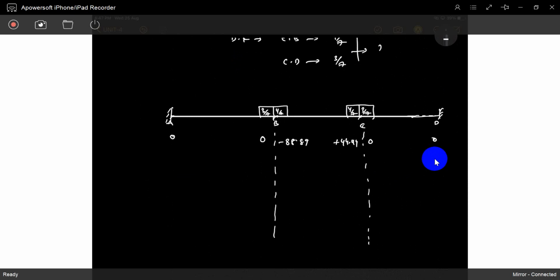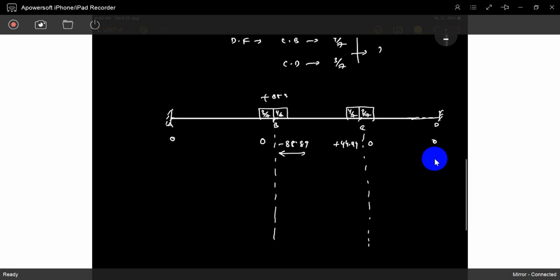So this is unbalanced. There are no fixed ends, so no need to try to fix that. Somewhere the ends may be hinged, so first you have to settle that hinge joint. So now it's easy, do it. For 88.89, we have to apply plus 88.89.